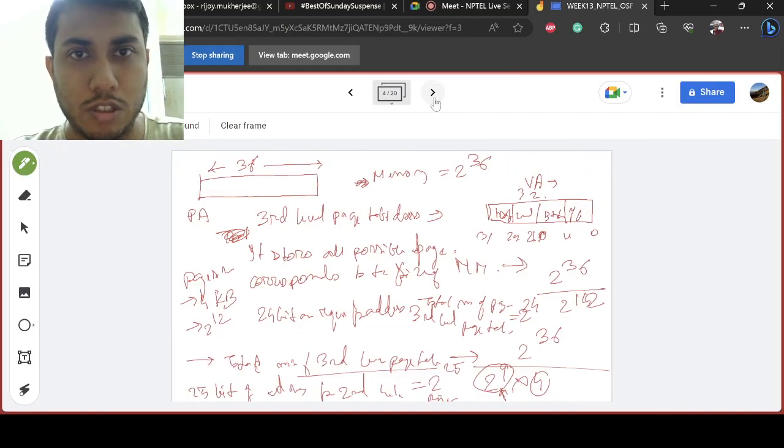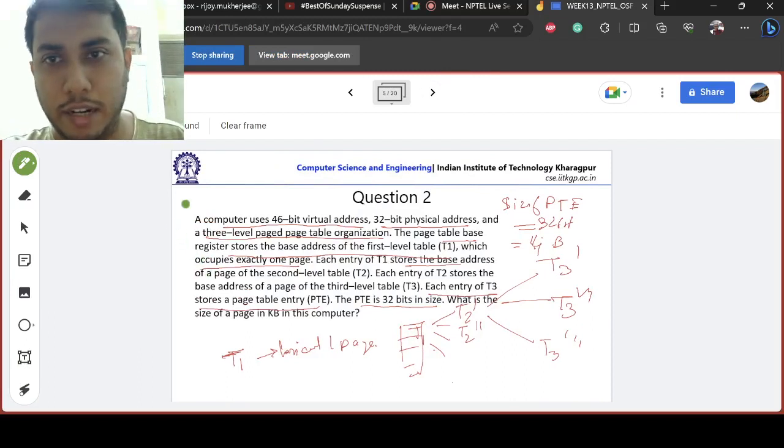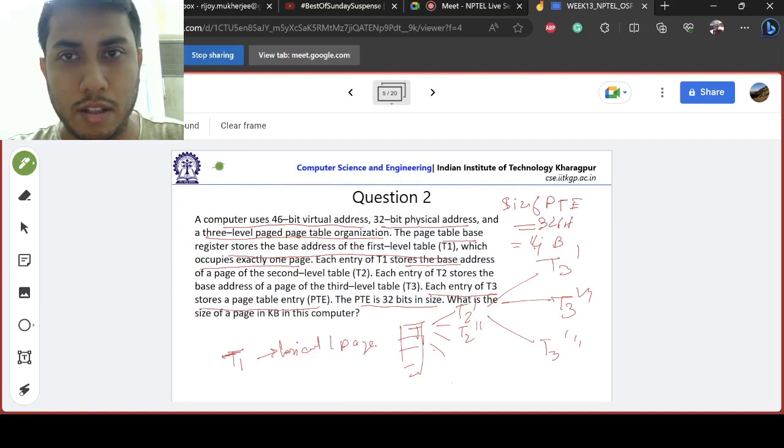One common trick I will always suggest is that the last level basically holds all the